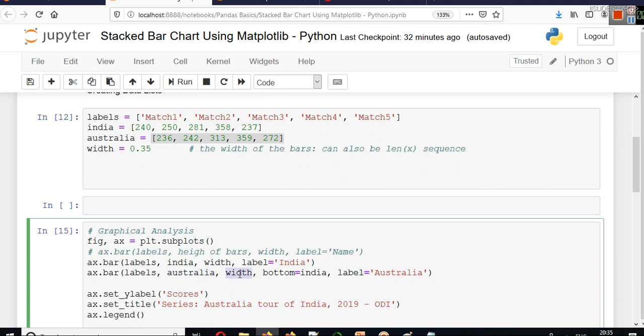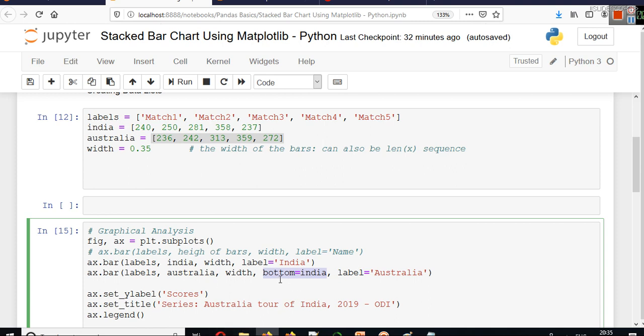The width of these bars will also be the same. It is good to have the same width, although we can put a different width also. Now here's the only part that is important that you have to consider while creating a stacked bar chart on top of each other.